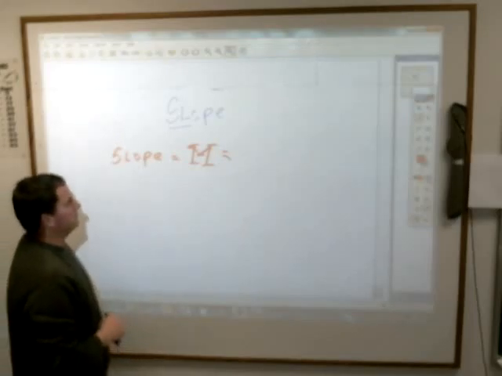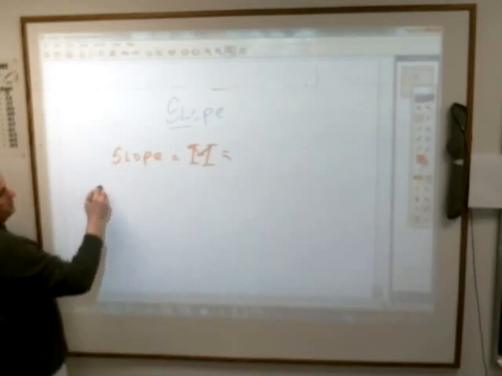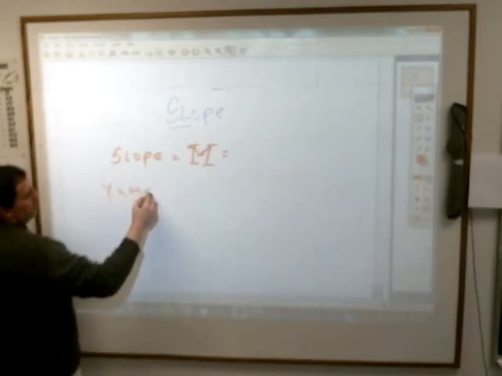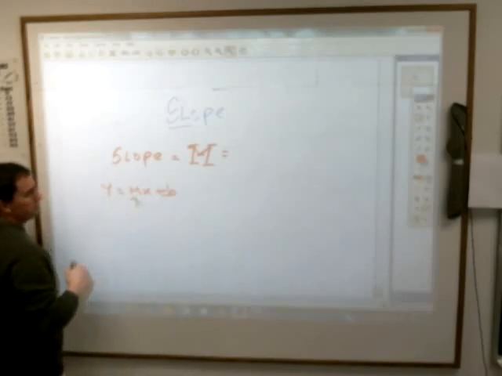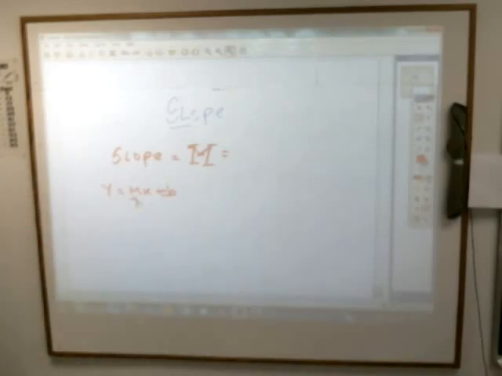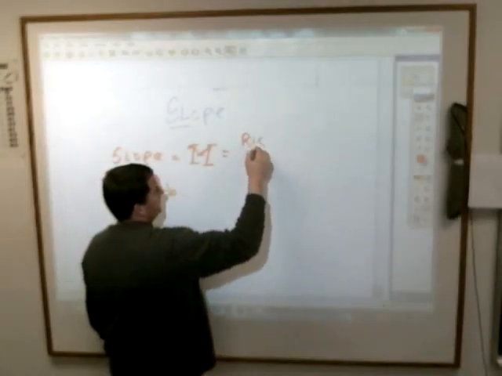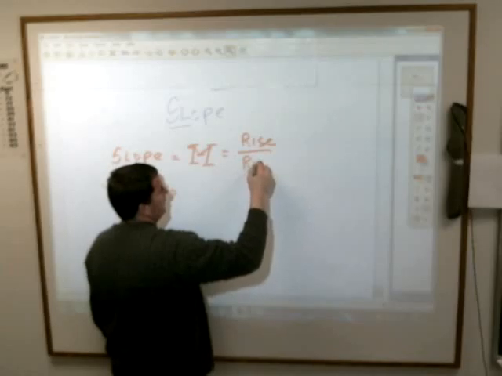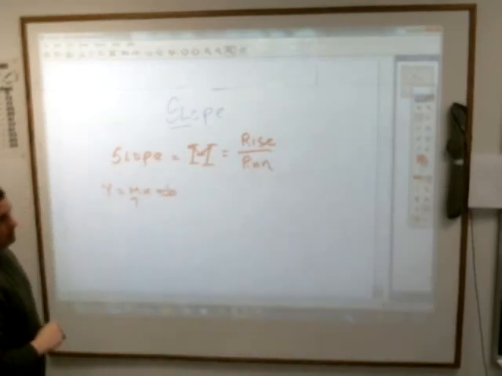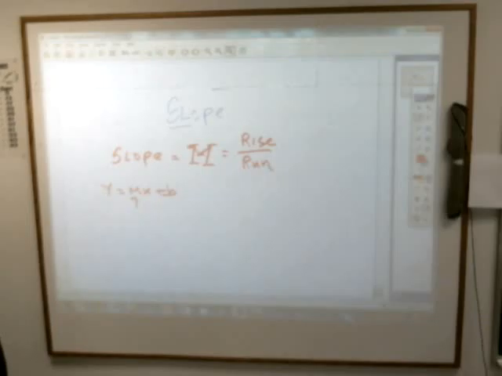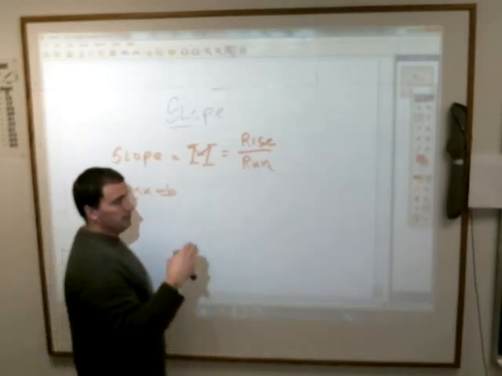So John said, well, I know when we do slope intercept, y equals mx plus b, that's always the slope right there. What technically is slope? When you go skiing, you hit the slopes. It's the rise over the run. When you graph something, it's the rise over the run. It's really something that indicates the rate of change, or how fast something changes. Like if you're talking about the ski slope,